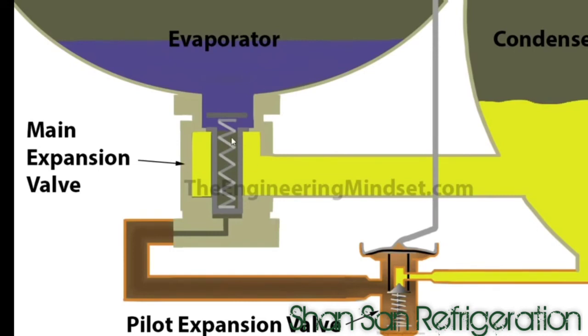This piston body and spring is what will control and allow this refrigerant to flow through into the evaporator. So as the pressure increases in the capillary tube and it starts to build up and push down on this valve, you can see inside the valve there is a diaphragm which is connected to some push rods and then onto this valve head, which is also spring loaded. There are a few variants of this design, but this is probably the simplest and one of the most common